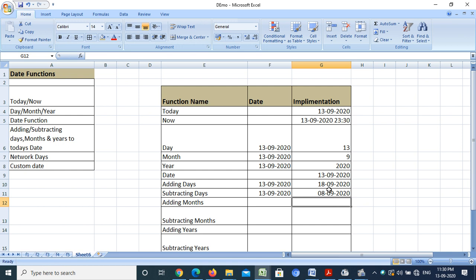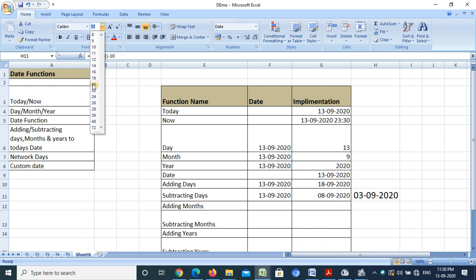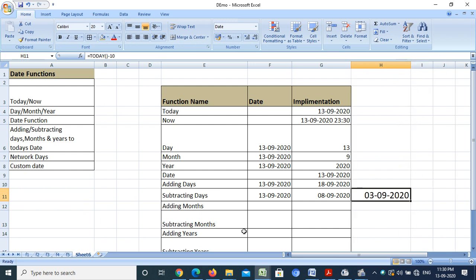Now suppose I want to calculate with another method, that is I can write equal to, place the today function and subtract 10 days from today's date. Then it will show me 3rd September 2020 and today's date is 13 September. 13 minus 10, that is 3 September.